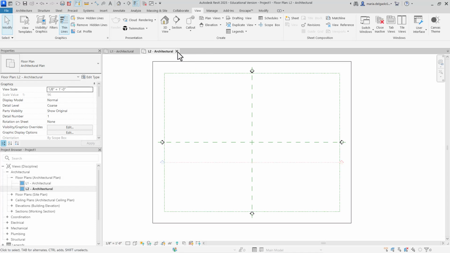If I wanted to close Level 1 and then reopen Level 1, it opens. If I left click and drag, I can reposition the View tab. And I can also here in this drop-down menu cycle through all of the tabs. This can be helpful in the event that you have multiple tabs and you no longer see it. You can click on here and scroll all the way down to find your specific View tab.